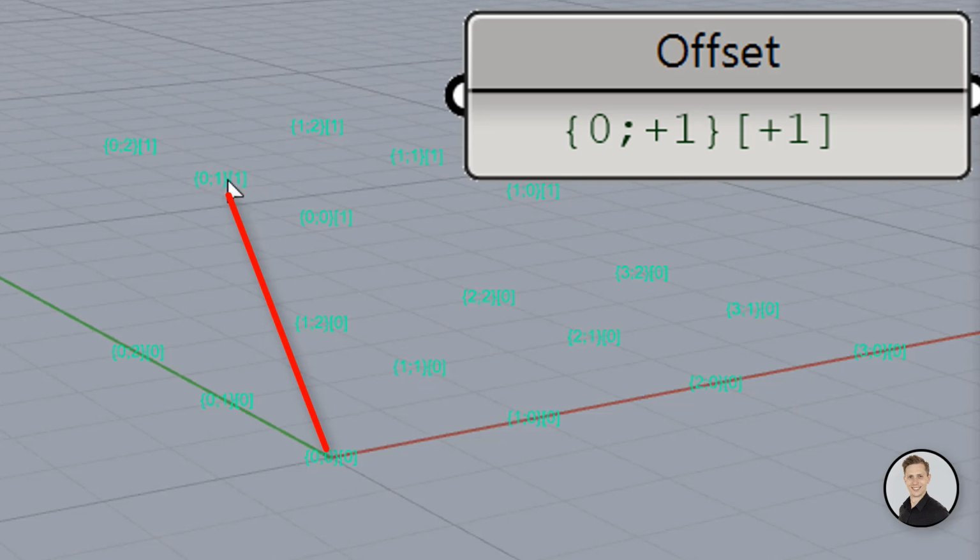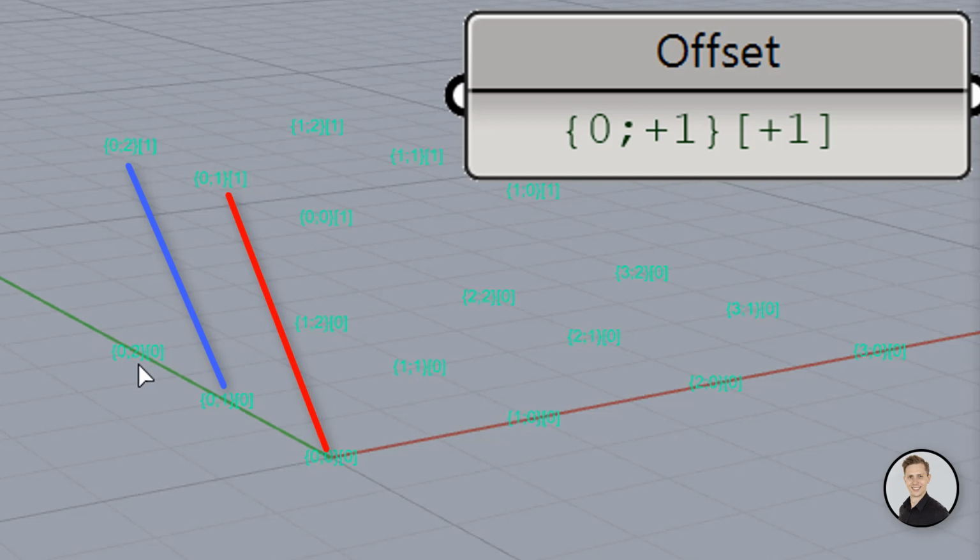Now we can go to the second path, and the first item will be 0, 1, 0. And now we are going to try to find a partner for them. So we need to add 1 to the first path, so it will be 0, 2, and we need to add 1 to the item, so it will be 0, 2 and 1. And after the second path, Grasshopper will proceed to the third path.